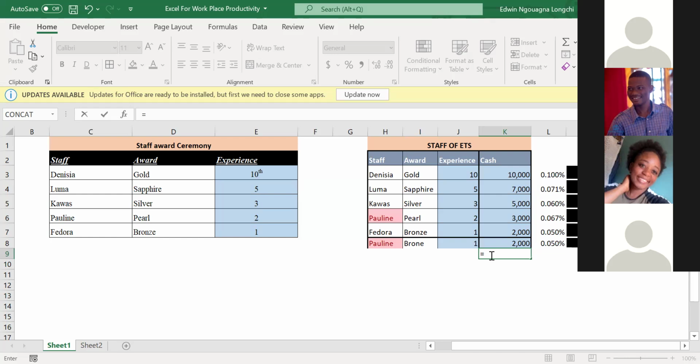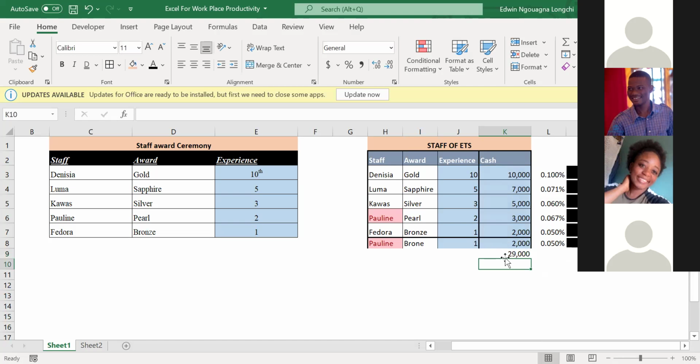I'll start typing SUM, S-U. As I start typing it, all the formulas that begin with SU will appear. Then I'll look for the one that I want. I want SUM. You'll see SUM, SUMIF, and all that. In fact, Excel is so vast, but this is what you need for now. So I'll double click on SUM. When I double click on it, I'll just highlight all of these. When I highlight it all, I will close my braces, or brackets, for those who call it bracket, and then I'll hit the Enter key.